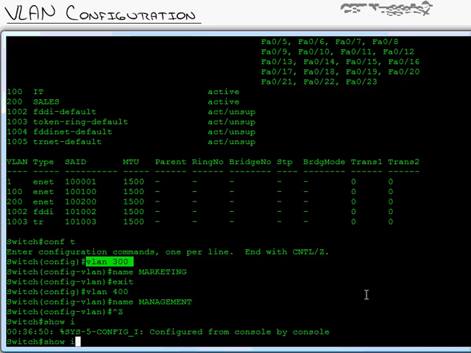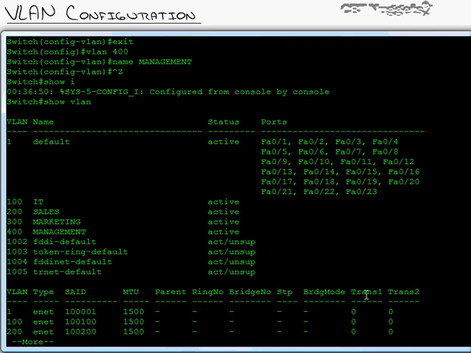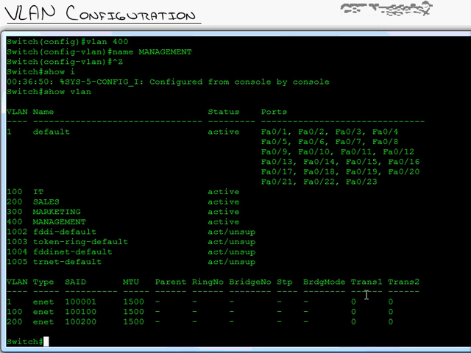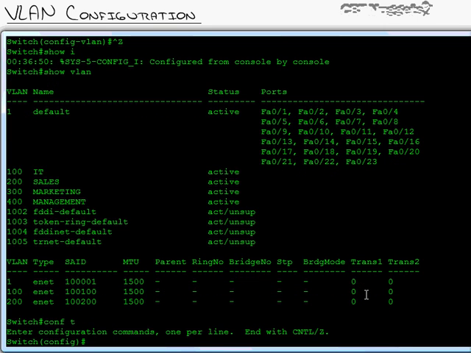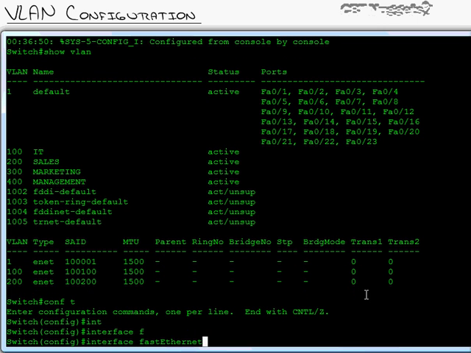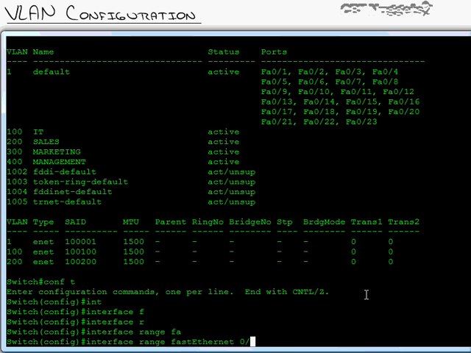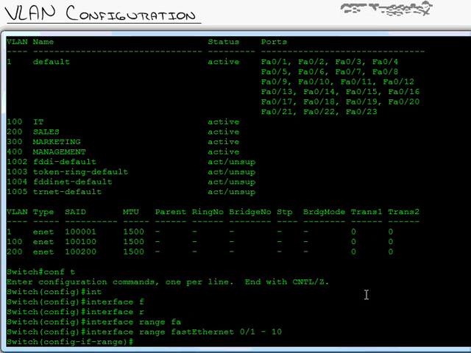Exit out. Show VLAN, and you can see that sure enough we've added more VLANs to our switch that are available, but no ports have been assigned. So to assign ports, I go into global config mode, and I'll just assign the first 10 ports. Let's do interface range FastEthernet 0/1 through 10, and I'll do